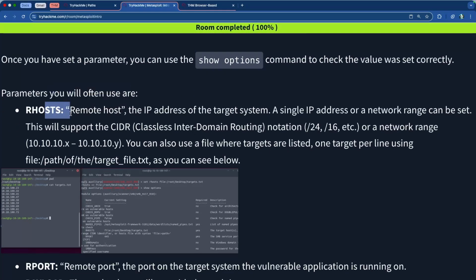Parameters, you will often use the RHOST, which is the remote host, not receiving host. It is the IP address of the target system; a single IP address or a network range can be set. This will support the classless interdomain routing notation. For example, we did this in the networking basics, so you should know what that means